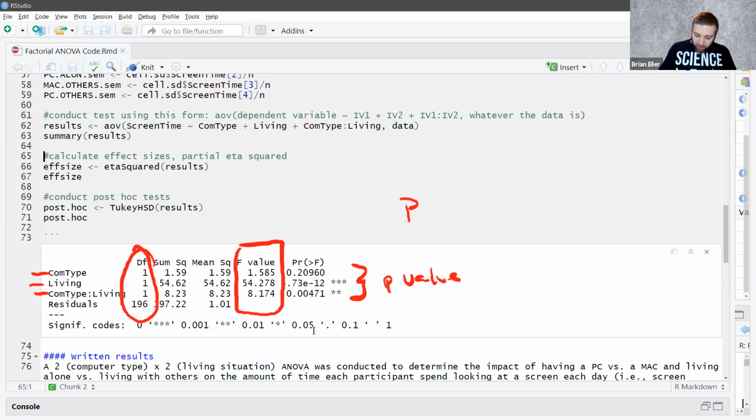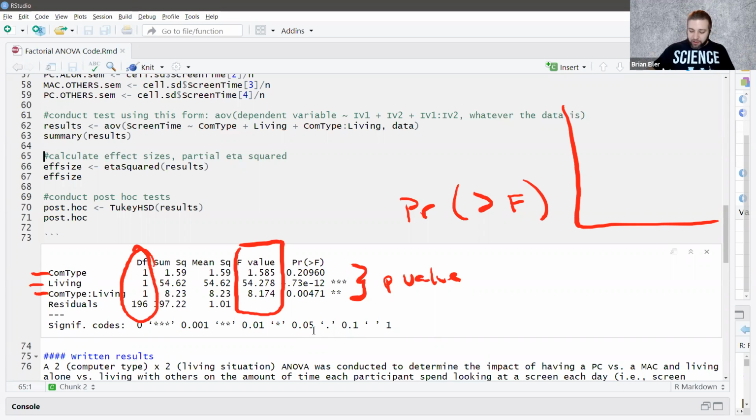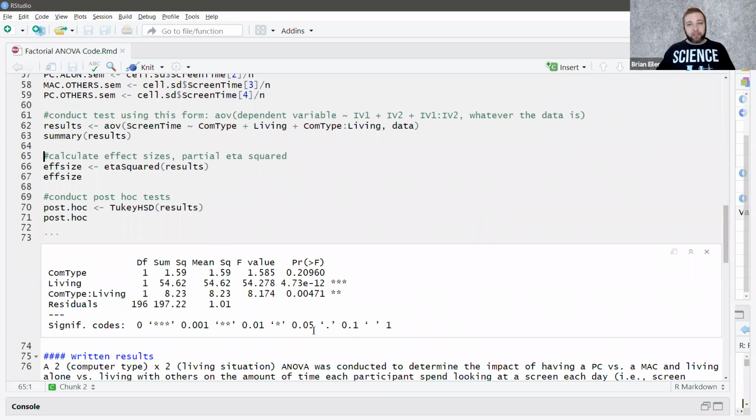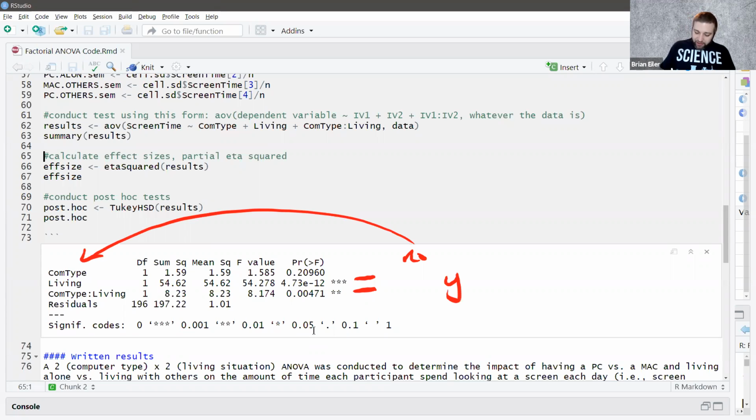Remember that this Pr greater than F is a hint at what we're doing. An F distribution looks something like that, and we want to know the probability of finding our F value larger than that critical value. Even though this doesn't say P value, it's the probability of finding an F value greater than the critical value. So we want to look for those being less than 0.05. The stars are cues for that. Here we have no effect of computer type, but we do have a significant effect of living